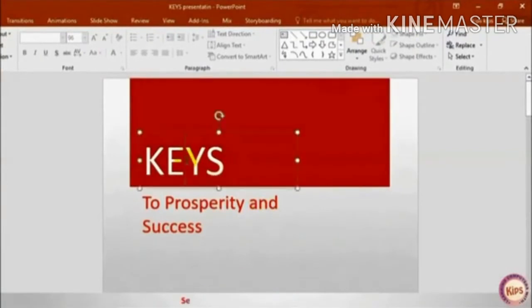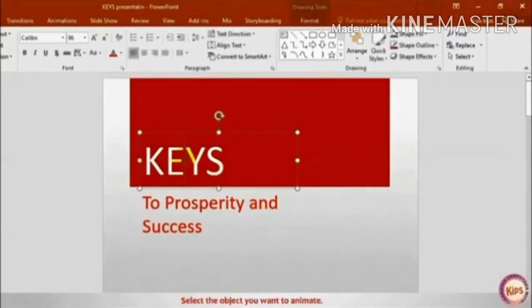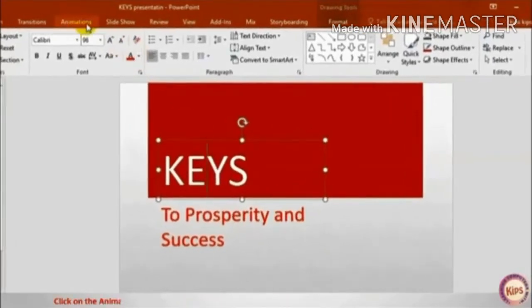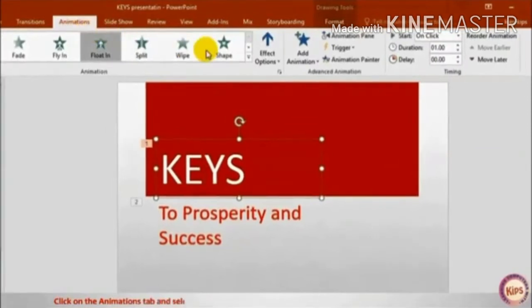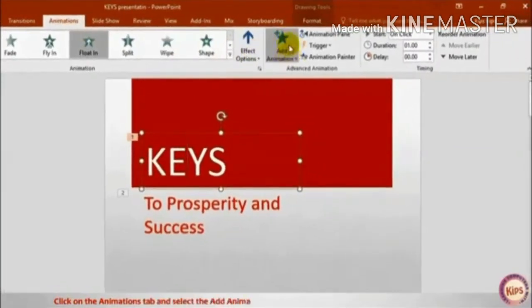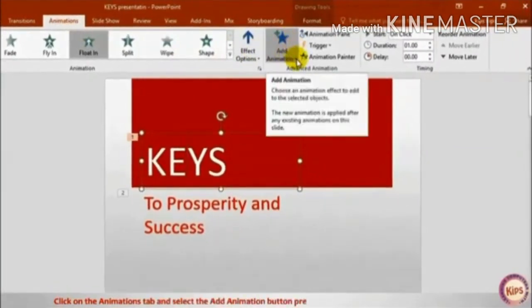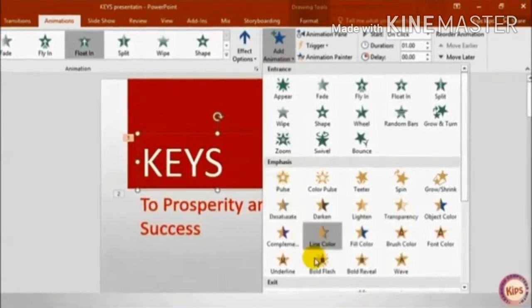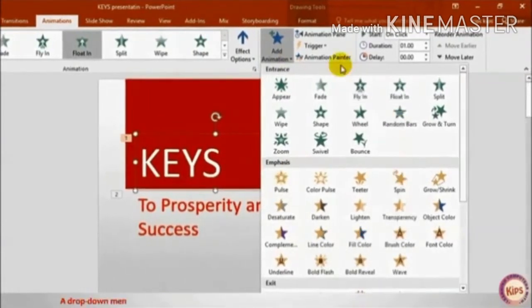You can open any presentation. Select the object you want to animate, like if there is a key, then click on the animation tab and select the add animation button present in the advanced animation group.